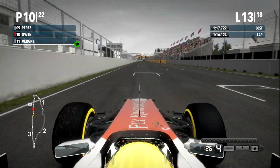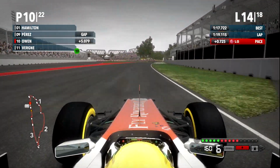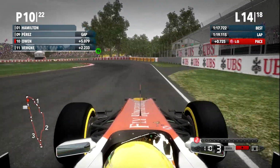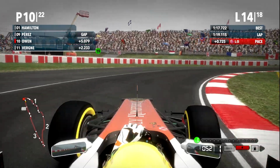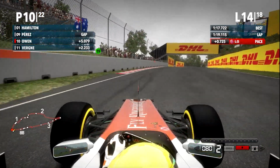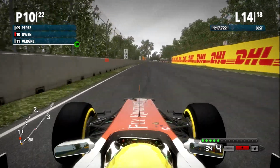Just testing the limits a little bit here in Montreal, but we're not really closing the gap anymore. Actually, we're not closing the gap at all on Perez. Hamilton is, in fact, leading this Grand Prix. Okay, but here in Montreal, 5 laps to go, and we are comfortably ahead of Jean-Eric Vern, so we're just